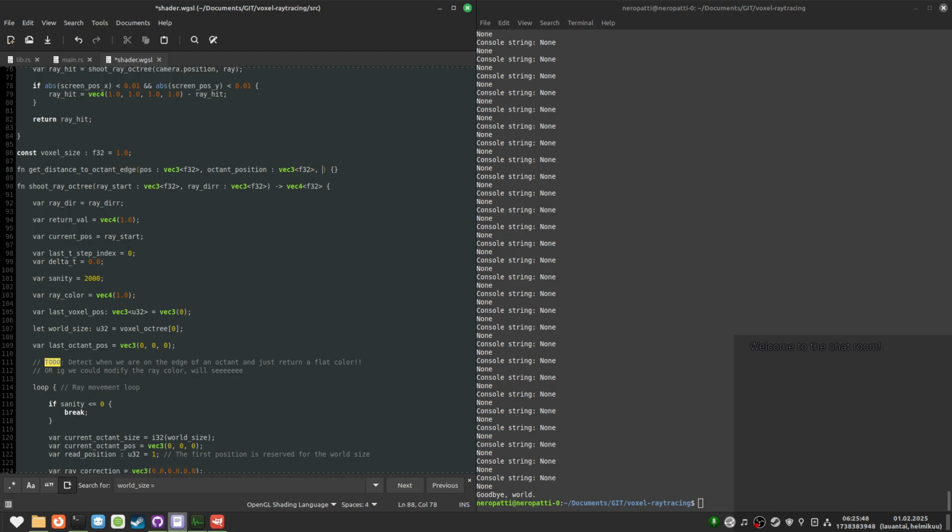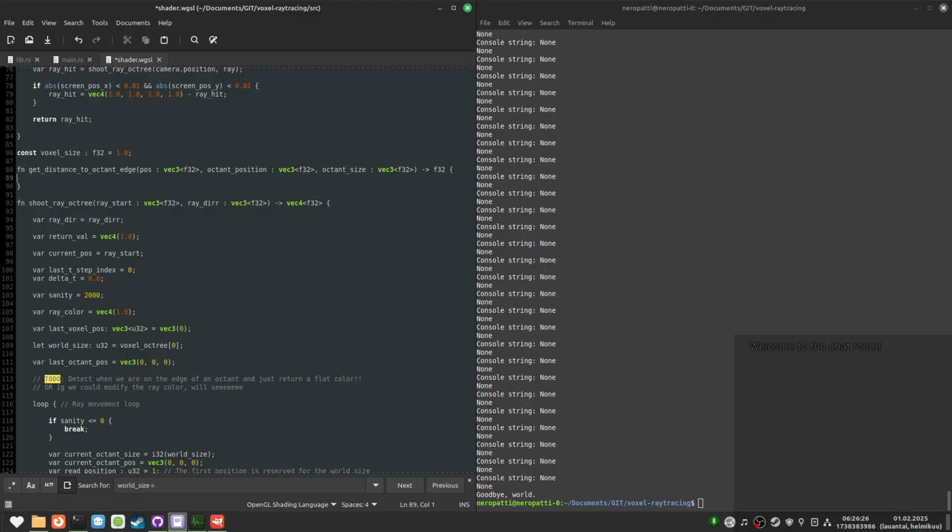Then we need the octant size. I could already support cuboids by making this a vec3. Instead of passing just one float, we pass the three. And then we return an F32.